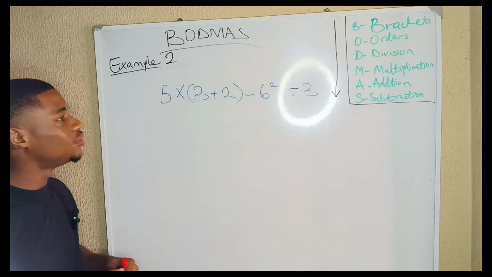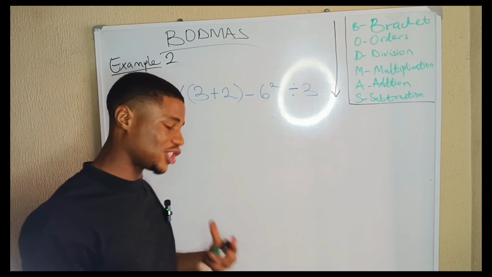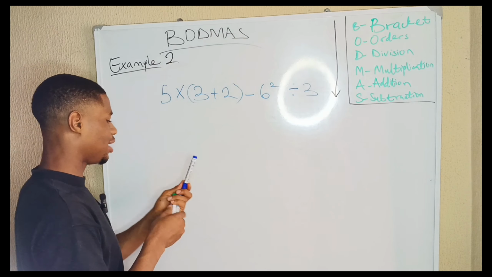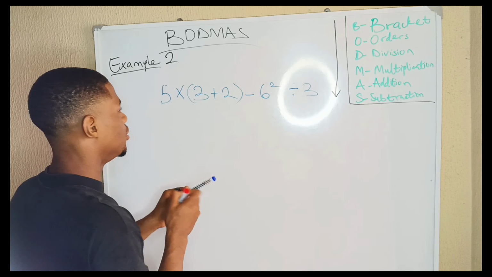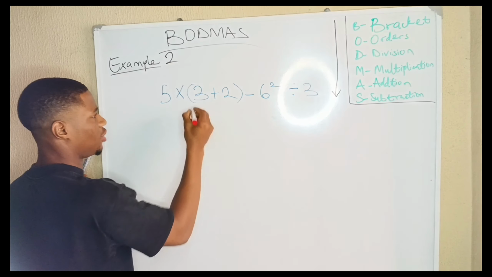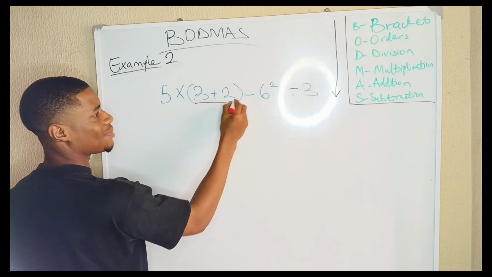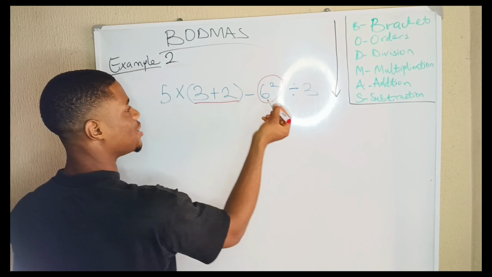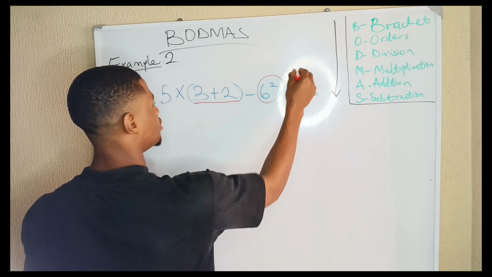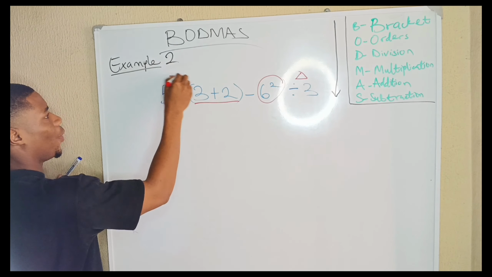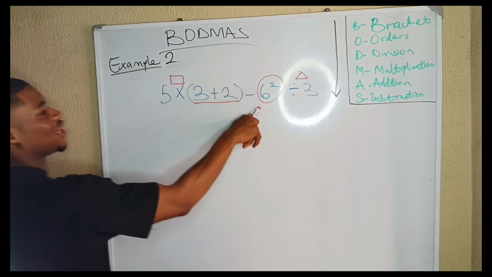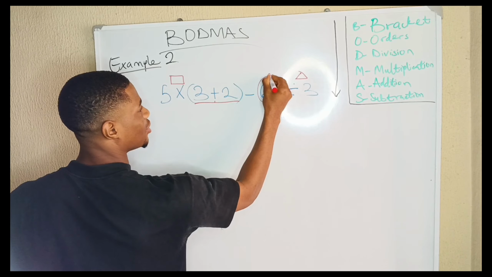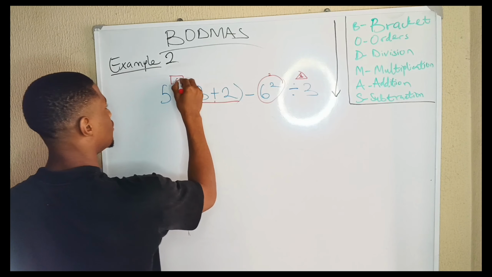So, again, what's the first thing we do? We take it sequentially. We go from brackets, so we start from this one. I'll just do them in this red, to make it beautiful. Then order is here. Then the next thing we'll do, let's do a triangle for division, and then multiplication, we'll do it in a square. So this is first, second, third, fourth.